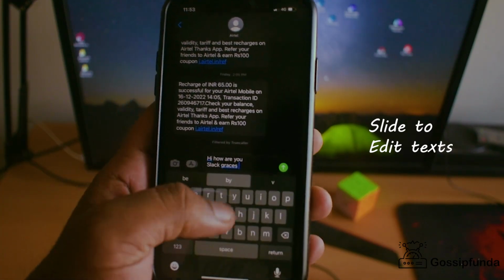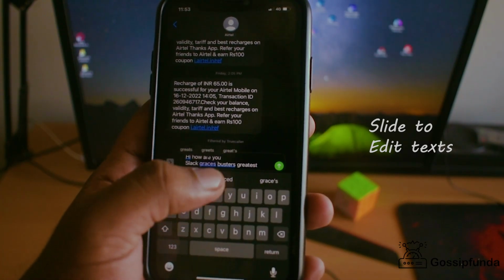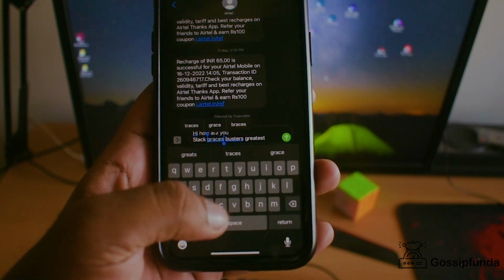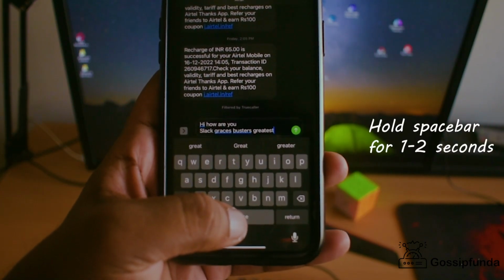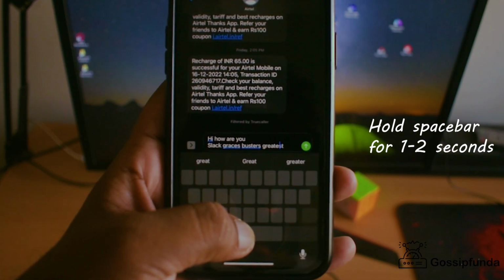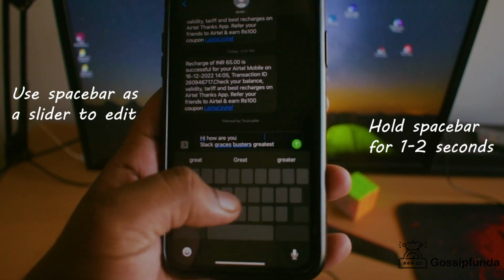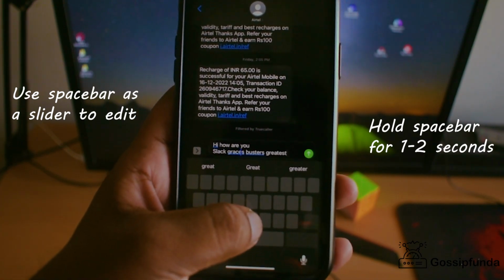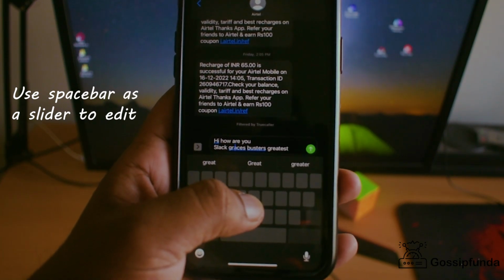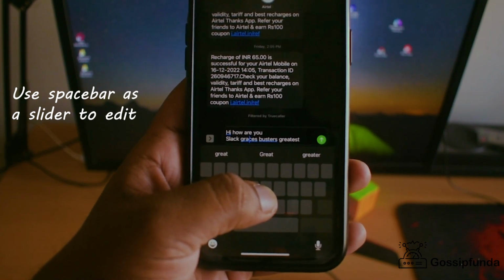And then I decide that I have to go back here, but see, it doesn't work. It doesn't go back. So what you have to do is hold the space to maybe one or two, and then slide it on the whole keyboard so that you can go exactly where you want to go. So just say I want to go to this word and this position of it, graces, right? And then go back again, use that, go back again,